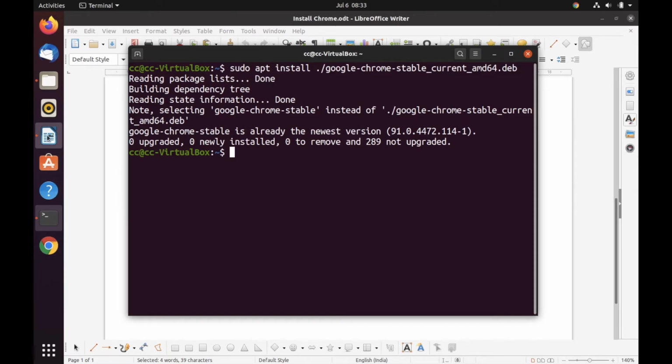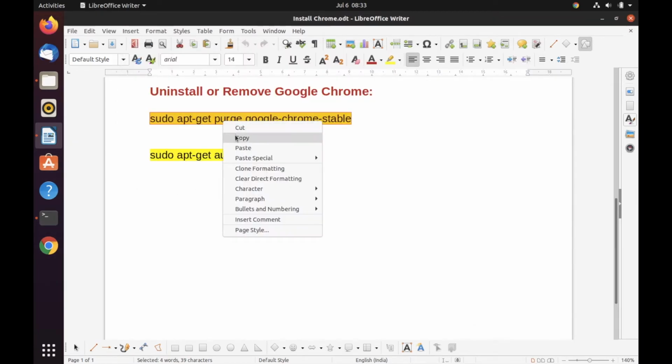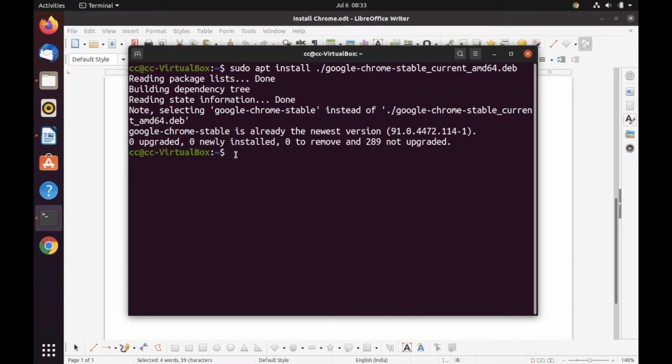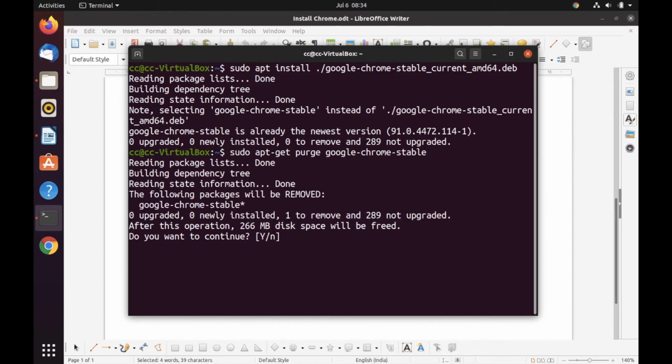okay, let me copy it again. sudo apt-get purge google-chrome-stable. Let me hit enter. Yes.